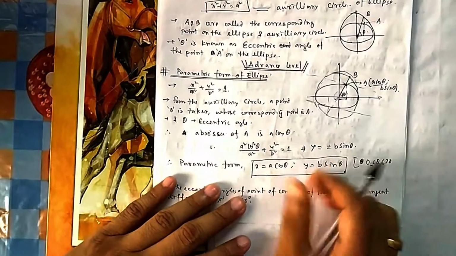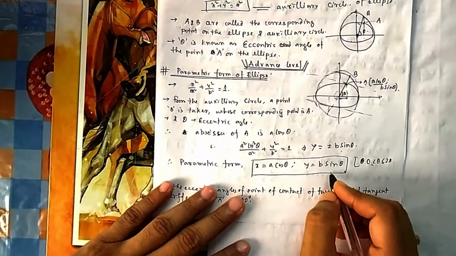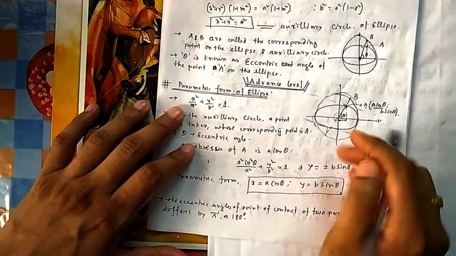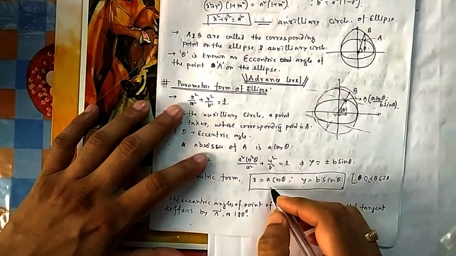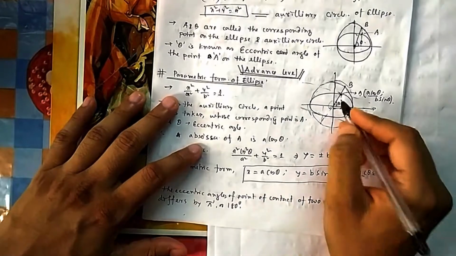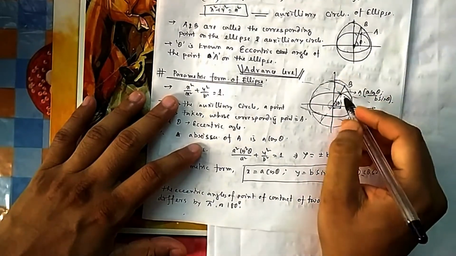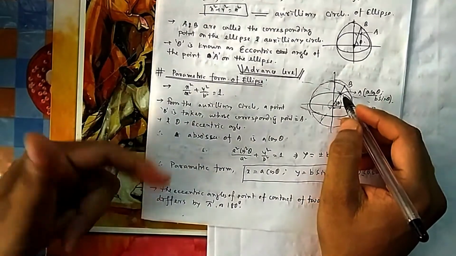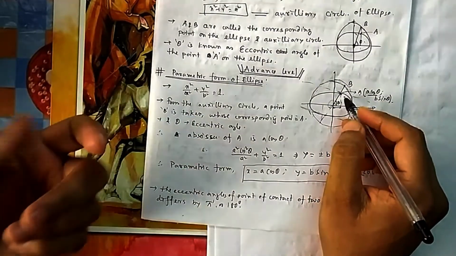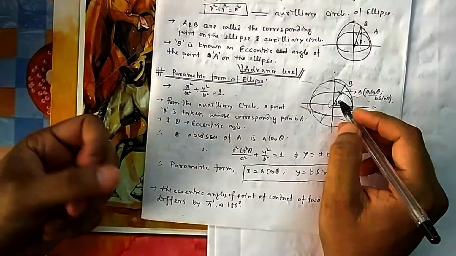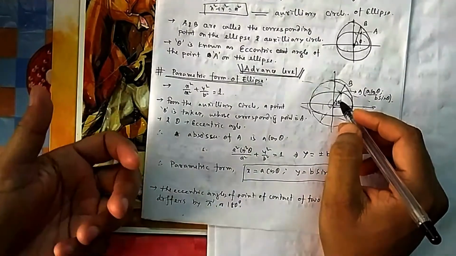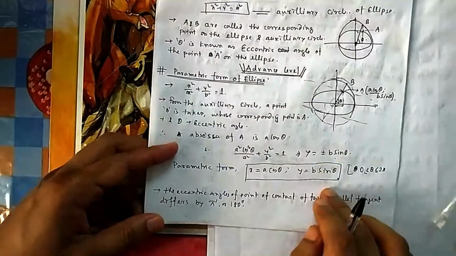You take help of another variable, that is theta here, and you link it in such a way that this equation is satisfied. So instead of taking a point x and y, we can take a point in terms of theta: a cos theta, b sin theta. We can say this point is the theta point. In short, like in a parabola we say the point is t, that means it was at squared, 2at. So in an ellipse, if I say the point is theta, then it means a cos theta comma b sin theta. So this is the parametric format.